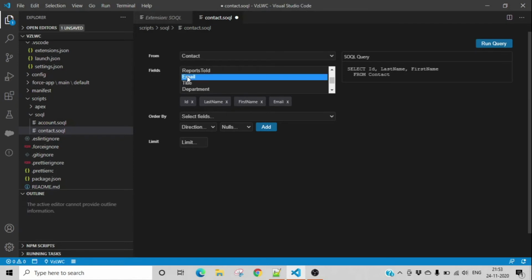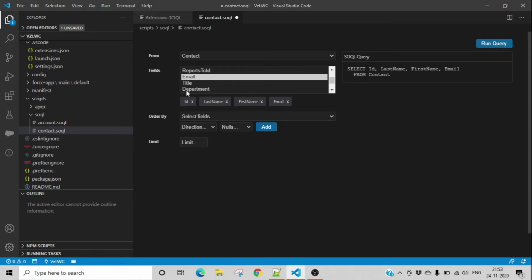Now you see whatever fields you selected are available: ID, last name, first name, email. When you select that, you see the query builder has already started making the query here. You cannot edit it, you can only preview it.